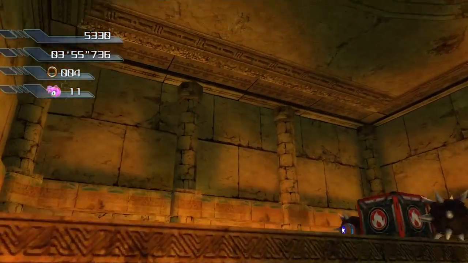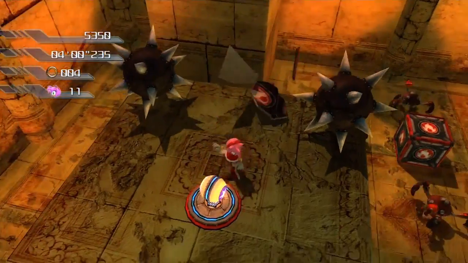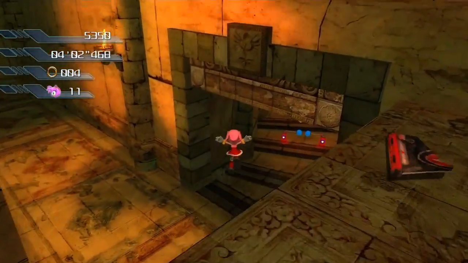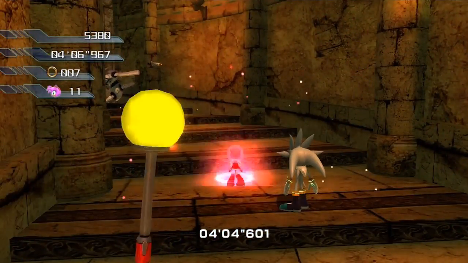But it's so hard to determine Amy's position when you're invisible. Yeah, I'm guessing they wanted you to look at Amy's shadow to get a good idea of where she's at. But I always run into enemies when I'm invisible, because I'm invisible. I just...